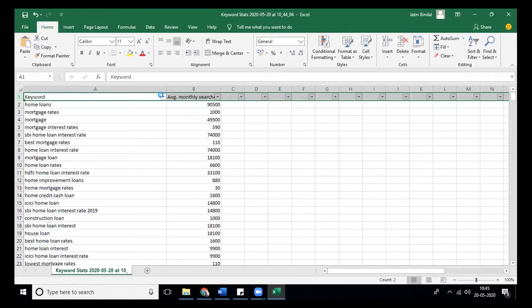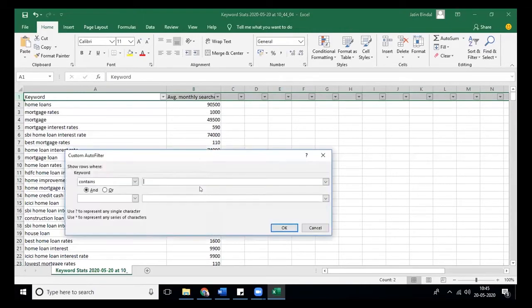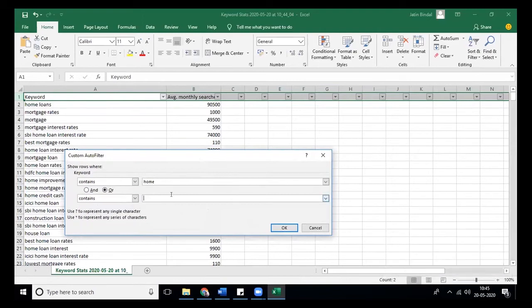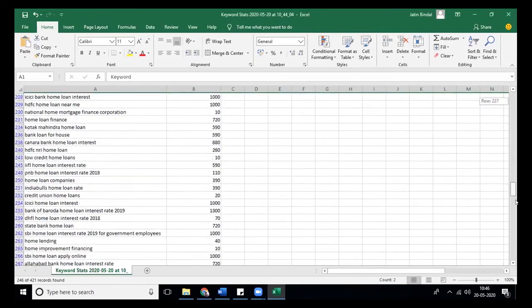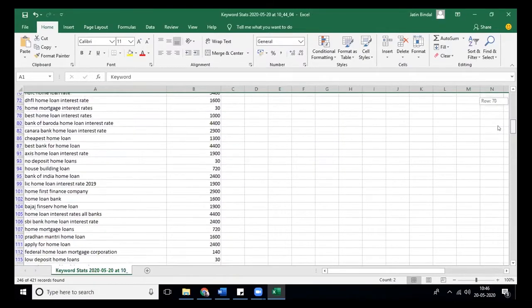Let's say as our product is home loan, it should contain home at least, that we are sure. Home or maybe house also. Home or house loan generally people type. So let's find it out. These are the keywords left which have home in them.